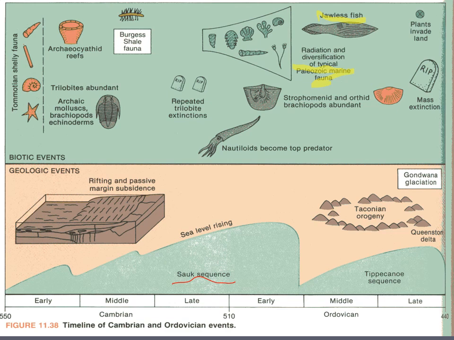So the thing I really want to point out is this relationship right here between sea level and the diversification of all of these marine organisms. We see this continued diversification of the Paleozoic fauna, new kinds of predators and jawless fish when sea levels are at an all-time high. That's the kind of relationships we're looking at. Once you have higher sea levels, there's more places and more types of niches for different types of marine organisms to utilize. So we'll go ahead and pause here, and next week we will be looking at the Middle Paleozoic.